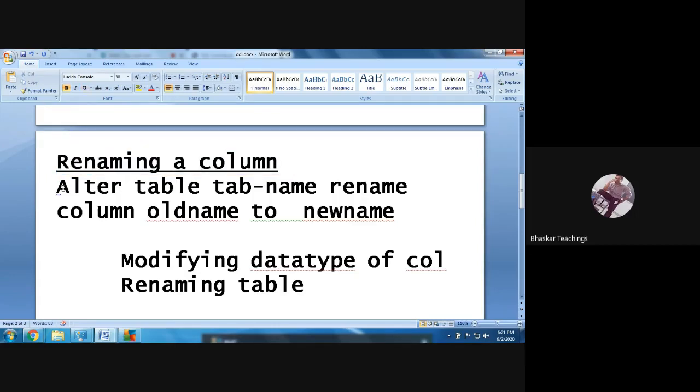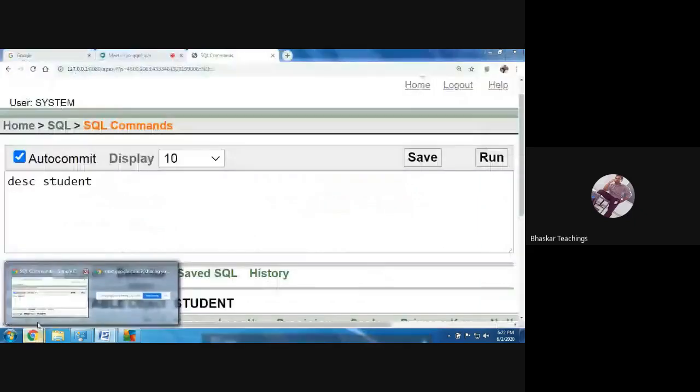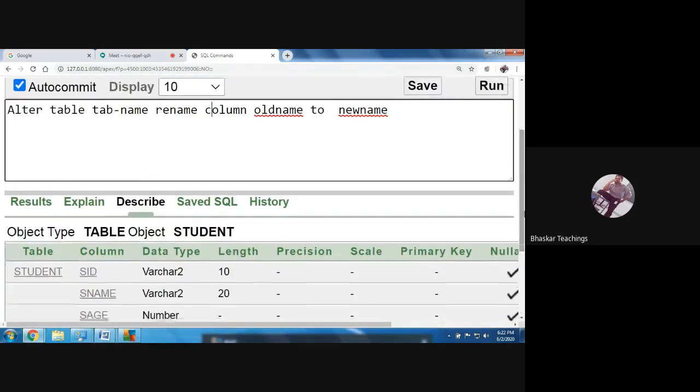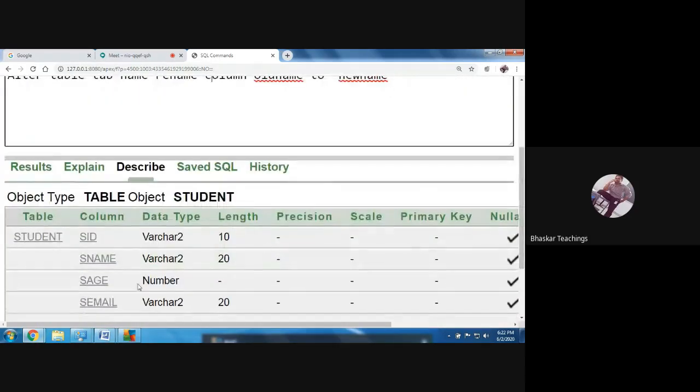Okay, so let us see by testing it. Go to the console here. Okay, go to the editor, paste it. So what is the command? Alter table name, rename column old name to new name. So let us decide which column name we are going to change.